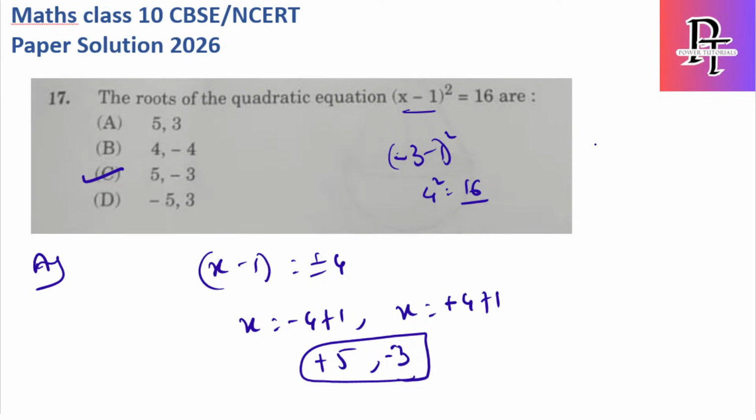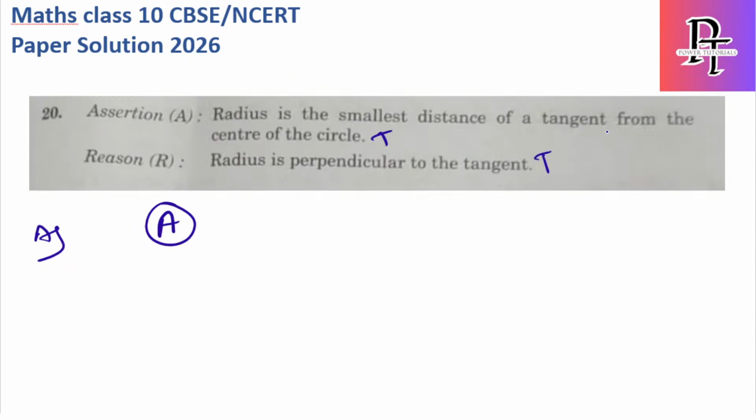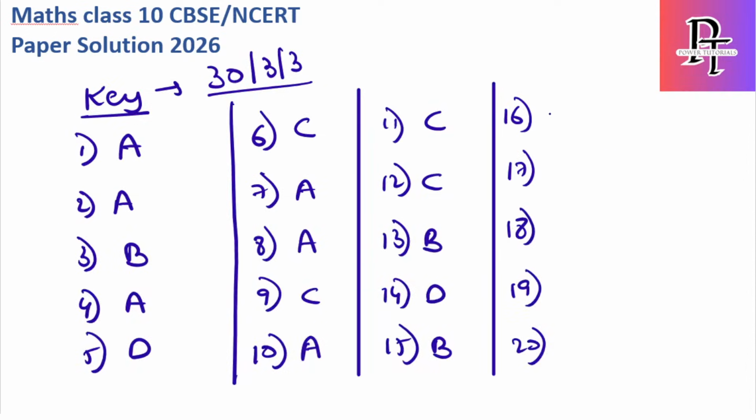The last 5: A, C, A, B, A, C, A, B. So if you notice, for this set the options of A are high, which is